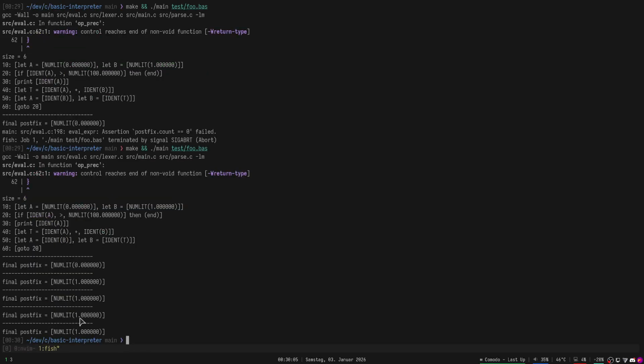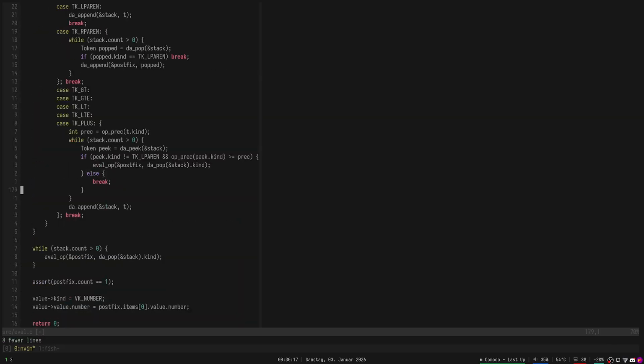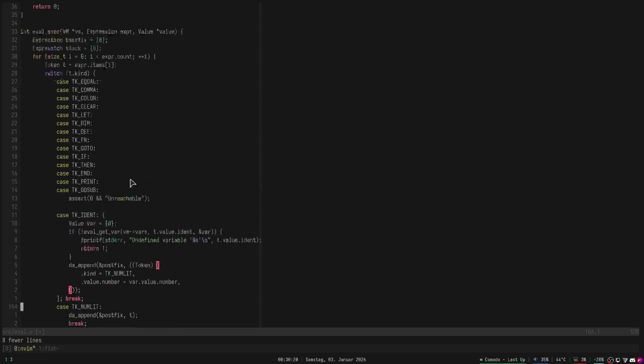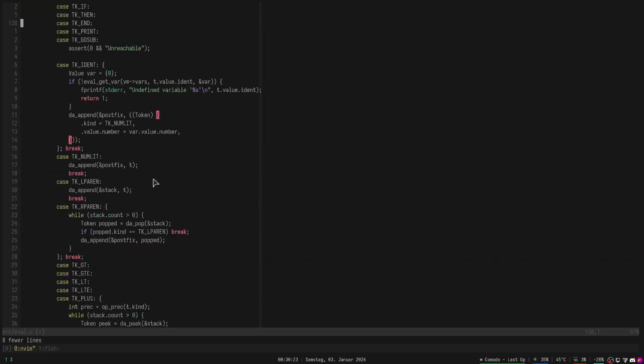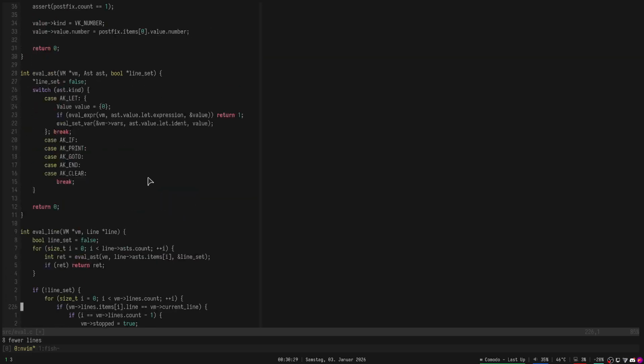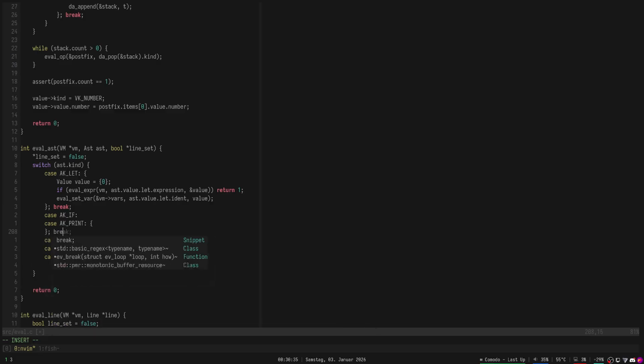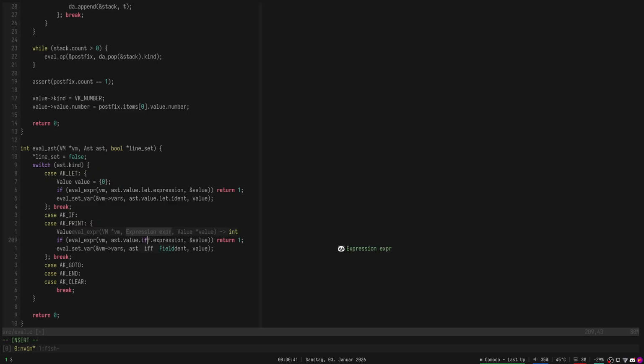Oh, actually, something else you notice now is that the variables are actually set. That's kind of cool. So we're going to implement print, and then I think we're going to wrap it up for today. Just because if you can't tell, I'm getting a little bit exhausted. Great. So where were we? Here. So eval ast print, break. Let's grab the value. Print has an expression